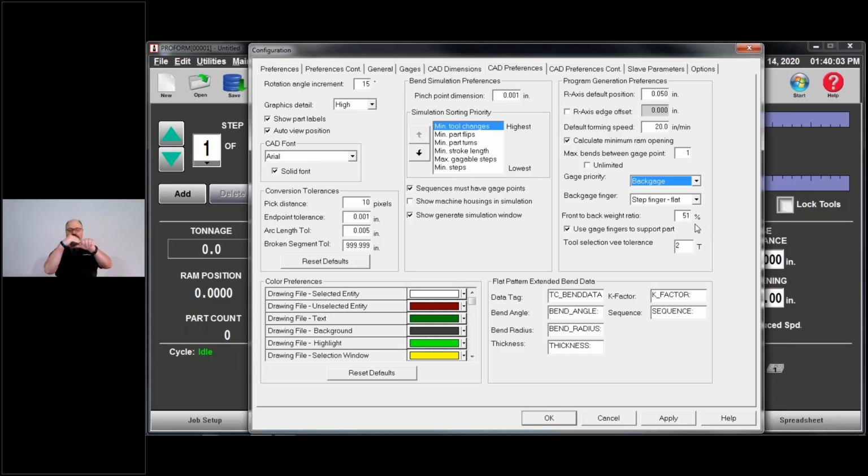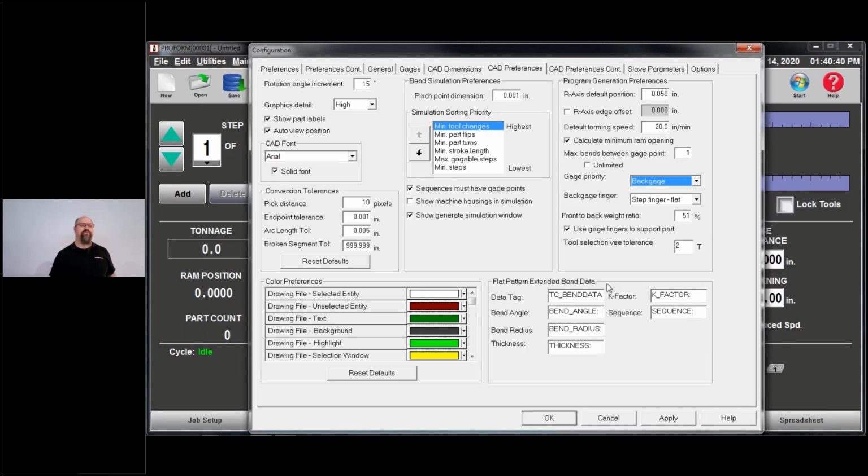So I have two points of contact rather than just one, especially if you're doing long bends with light gauge steel. So if you're doing like 18, 20 gauge steel and you're trying to make a bend that's 10, 12 inches long or deep into the machine, it's going to have a tendency to droop down. So then I got to kind of wiggle the part in and set it up or try to have it hit the front corner of that finger. It's not going to be useful. Okay, it's going to be very challenging to use. I like to use the step so I can get both on top of the flat and up against the block. Okay.